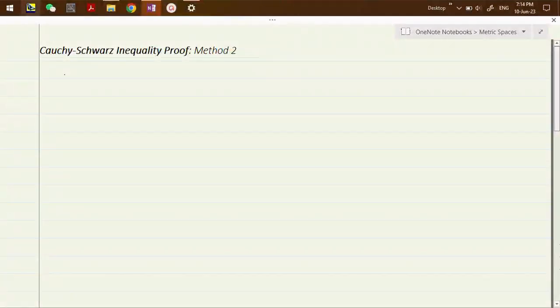Today I will discuss the proof of the Cauchy-Schwarz inequality by using the second method and third method. The statement is: if a1, a2, up to an and b1, b2, up to bn are real numbers, then we need to prove